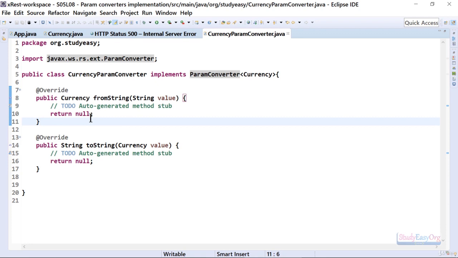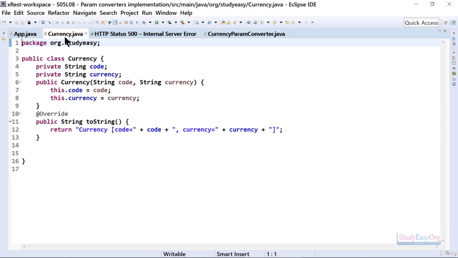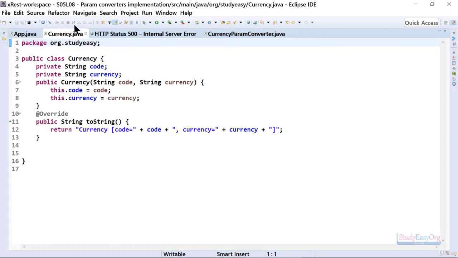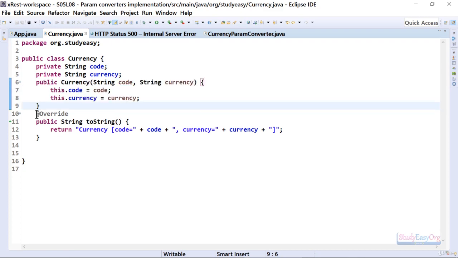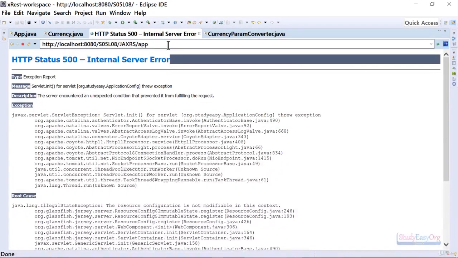Now let's move forward and implement the business logic here. We need to set the objects based on the currency code. Let me show you one thing. We have this currency file, where we have a parameterized constructor and the toString method. That's okay, right? And if we check the URL